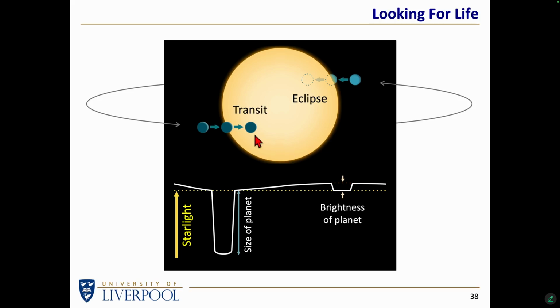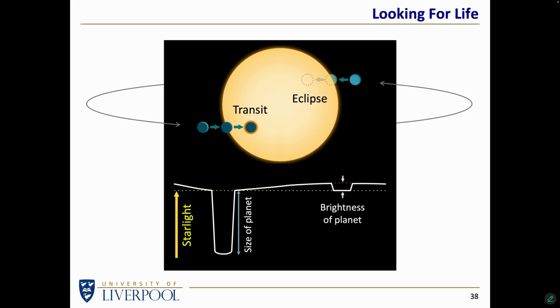And when you've got the planet in front of the star, if the planet has an atmosphere, then some light comes through the atmosphere and might be absorbed by any molecules in the atmosphere before the light arrives at Earth. So if you very carefully look at the spectrum of light, you might be able to see the signs of